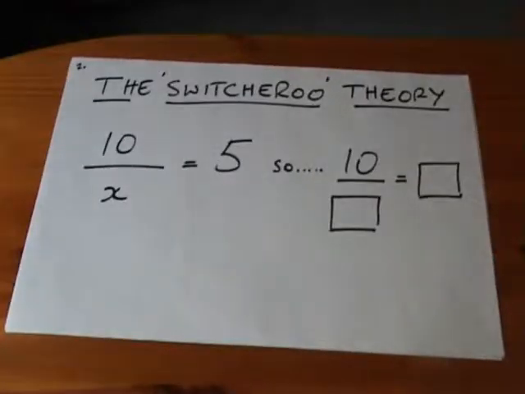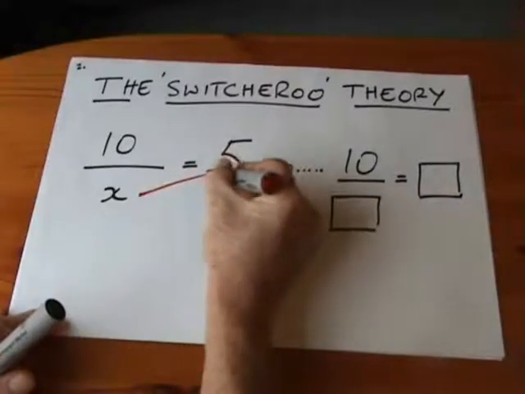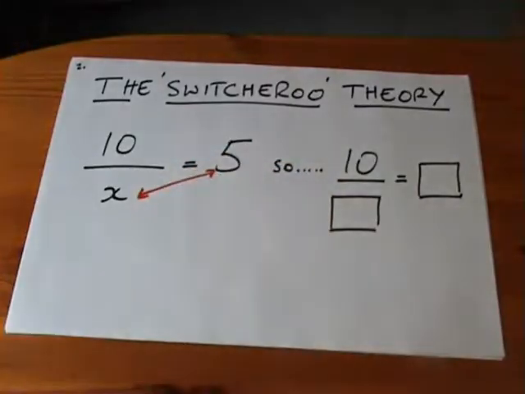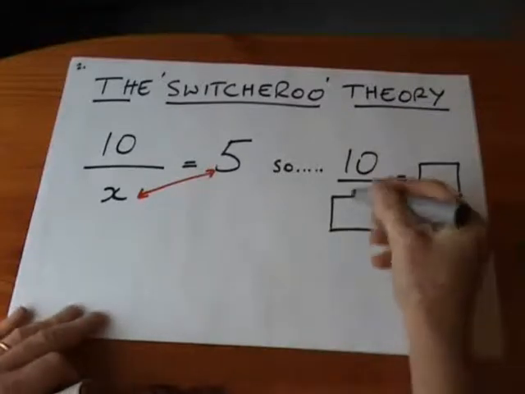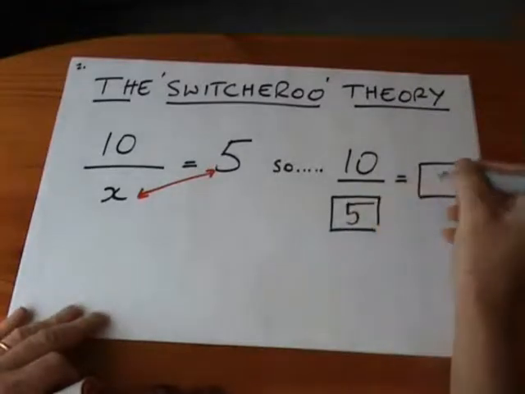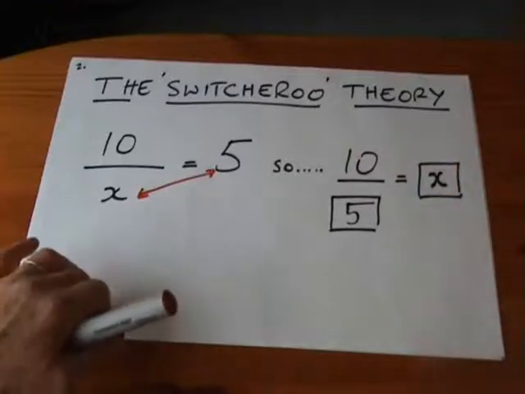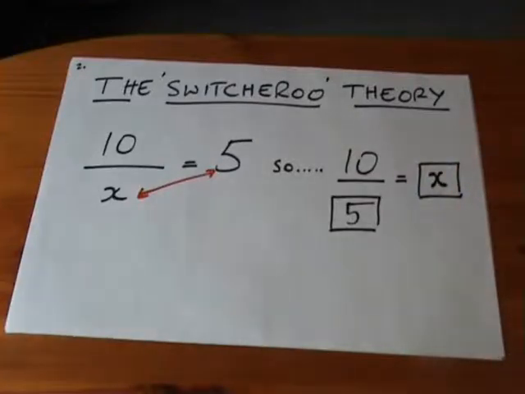Now if I chuck a variable in, like the letter x, does the same thing actually work? Well, 10 divided by x equals 5. If I asked you to solve that equation, with a bit of trial and error you could end up with x equals 2. The reason is, again, I'm allowed to switch those two over. If I put the 5 down below and the x up at the top, it actually does my solving for me,